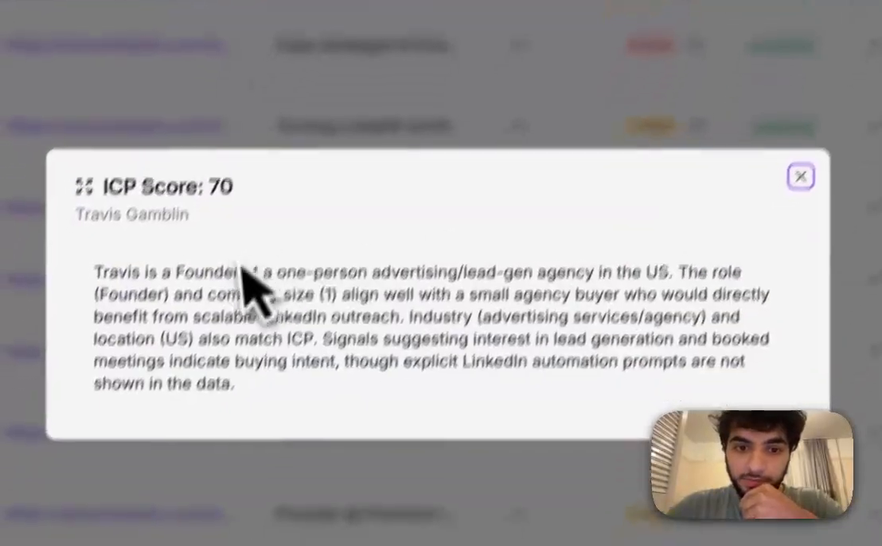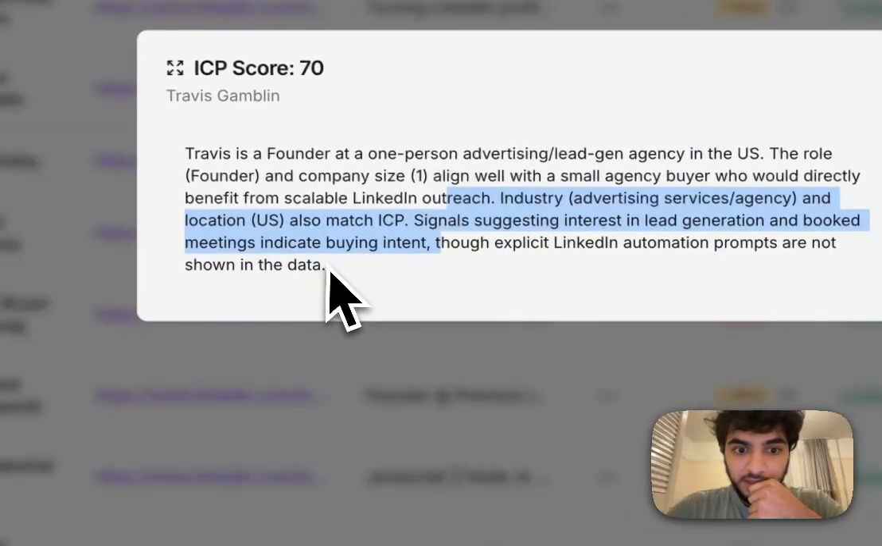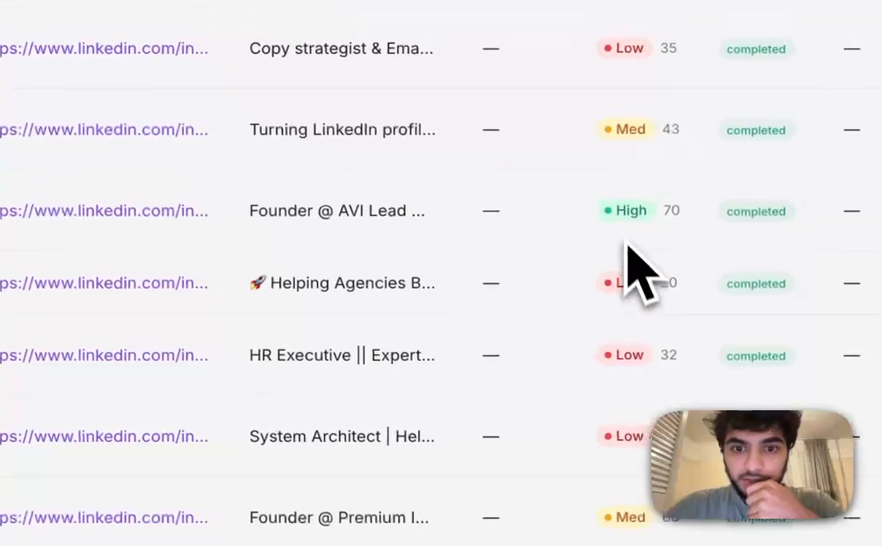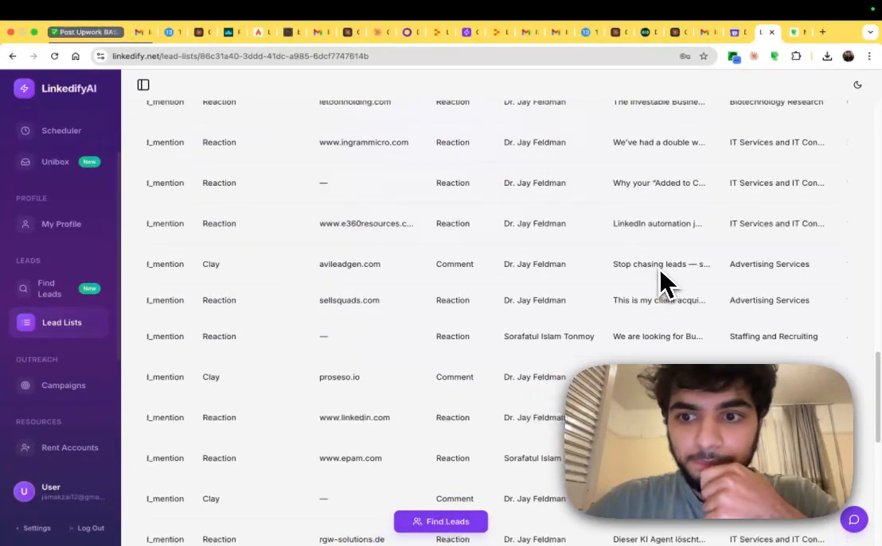And there's another one here. One person advertising. The role has a company size aligned well with small agency owners who directly benefit from scalable LinkedIn outreach. And even the signal suggesting that intent in lead generation and booked meetings indicate buying intent. So if I go on the comment that it's actually done for that keyword mention,